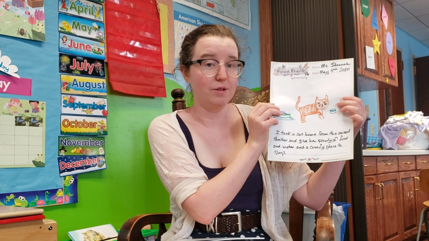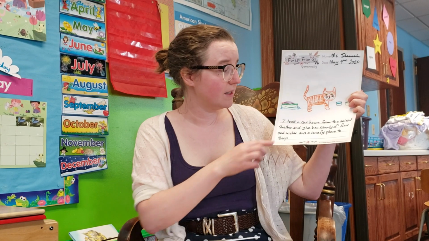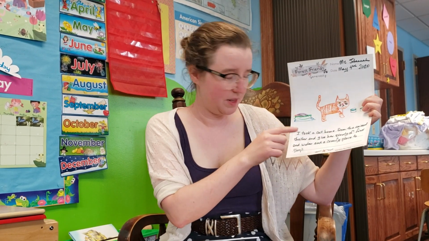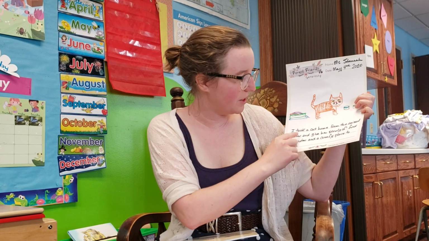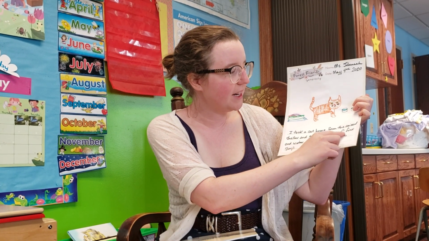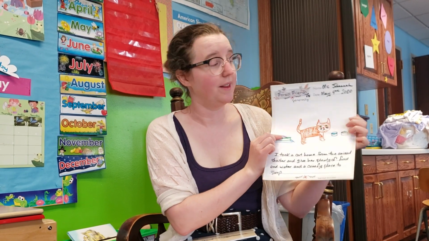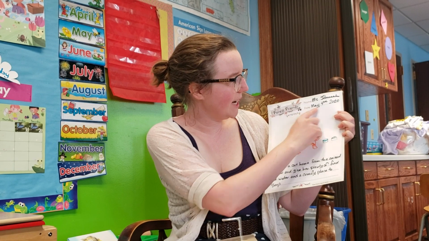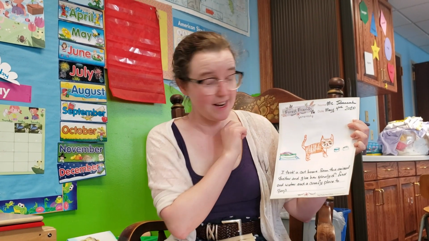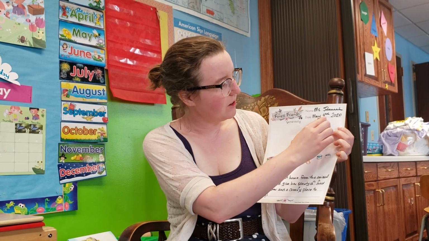And then I wrote, but you could have a mom or dad or brother or sister help you to write what your picture is all about. Mine says, I took a cat home from the animal shelter and I give her plenty of food and water and a comfy place to sleep. And then the last thing I did was I wrote my name and the date. I made this today, and so I wrote today's date. Today is May 4th,